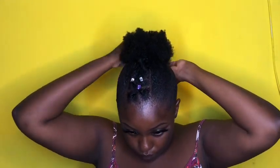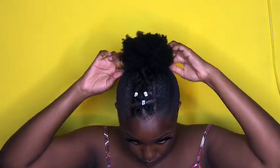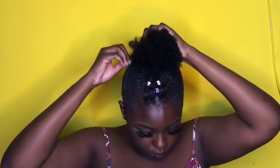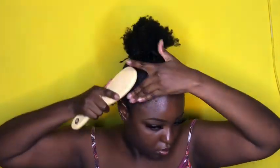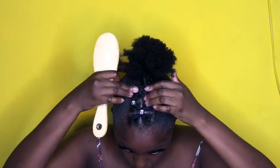So yeah, I'm sure most of you just throw it away, or if you go and fix your hair somewhere, your hairstylist just throws the strings away. But these can be very useful to tie your hair, especially if you have natural hair. I use it a lot, for my ponies, I use it for everything basically, mostly ponies of course. So if you have this string, do not throw it away, because it's very useful. It's very handy,